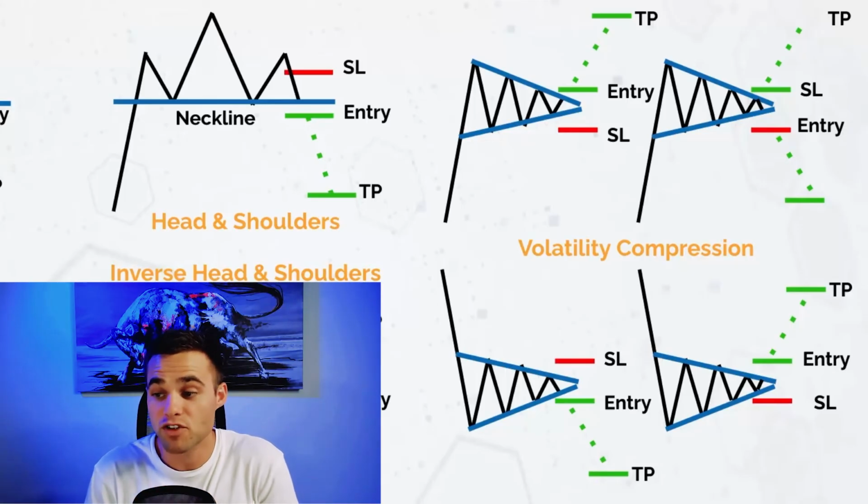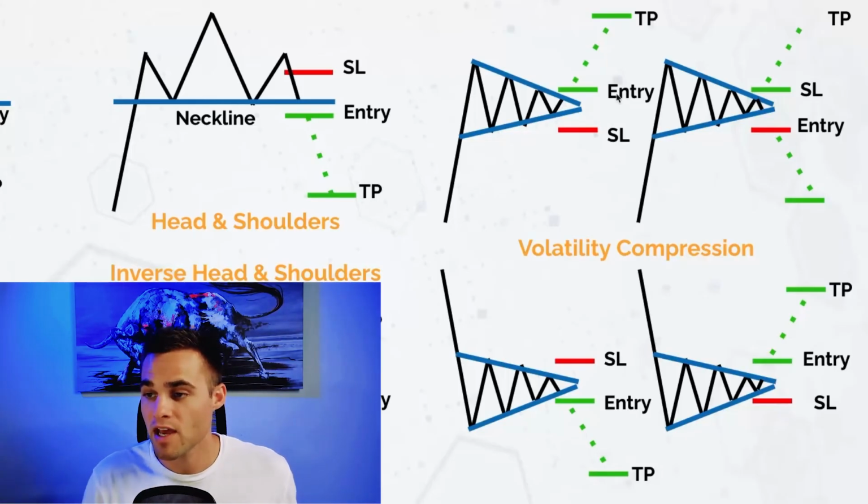And generally what happens after a volatility compression pattern almost always is we see a large breakout come after a volatility compression pattern. Okay, so it could either break up to the upside or it could also break down to the downside. And it's hard to tell a lot of the times, but anytime you do see a volatility compression pattern forming, generally you're going to find a really nice breakout trade to happen. And when it starts to break out, basically you'll enter, you'll put your take profit somewhere further along, and you'll put your stop loss kind of below this volatility compression pattern.